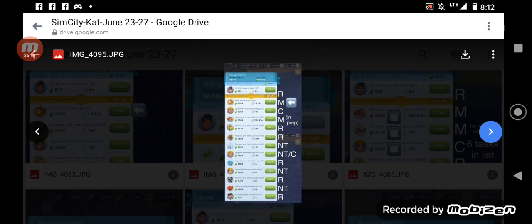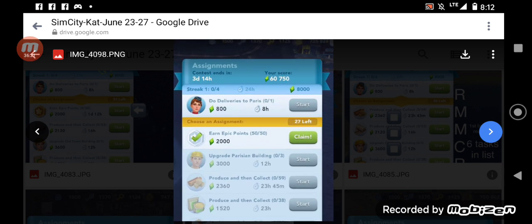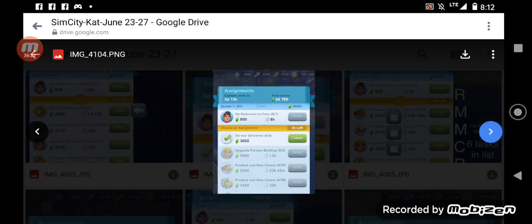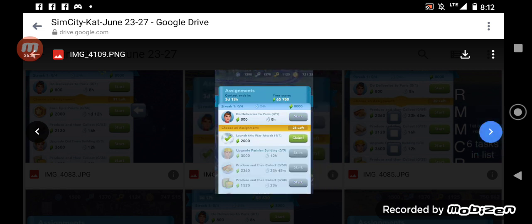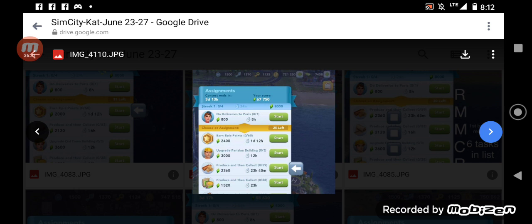She gets another epic, which she completes for 2,000. More deliveries for 3,000, which is right. She gets a launch shield buster for 2,000, which is correct. And then she gets another 2,400 epic. So she's not going to be able to do that one because she's out of points. So now she bumps to the